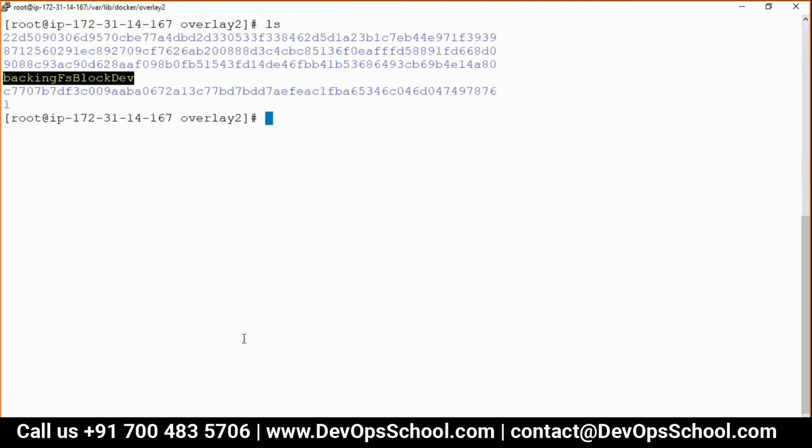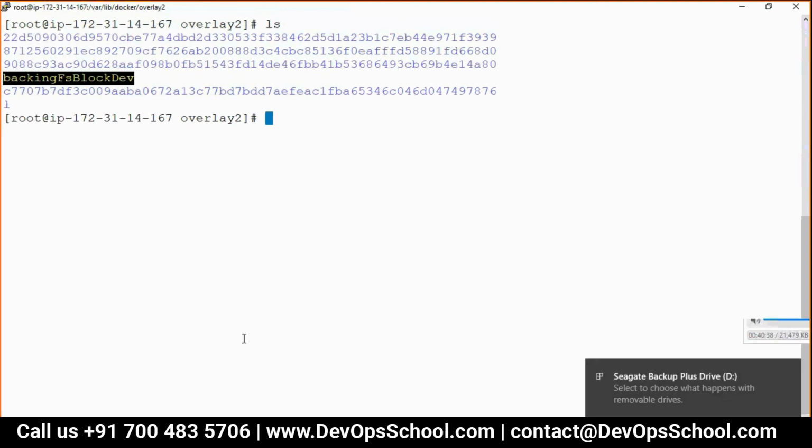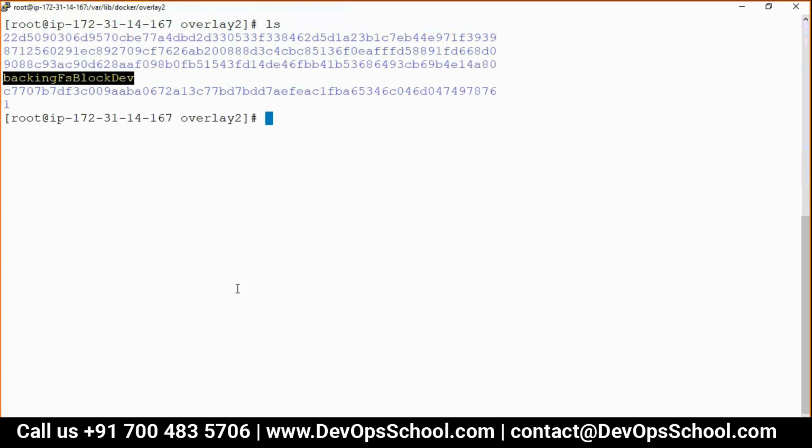Sir, sorry, I think I lost my focus for a few seconds. I was getting a call from the coordinators. Tell me the question. So how do we find out which layer is from which image? It is a combination of different layers, right? From this naming convention, we are not able to justify which one is the root.